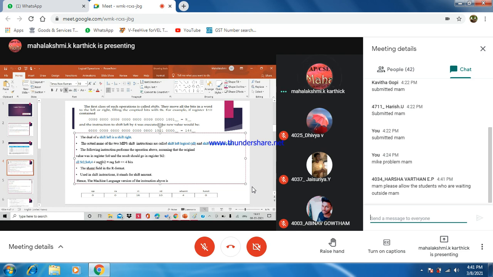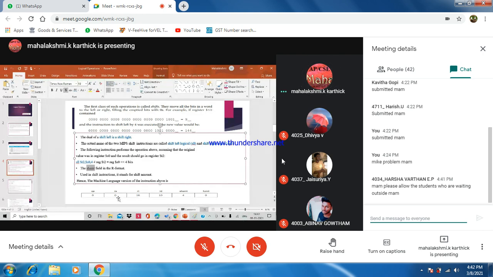So we are learning about the shift logical operations. So you all know R format consists of the shift amount field. So whenever you have an assembly language instruction, now we have to place it into its instruction format. Where the shift amount is mentioned, R format only supports this type of shift logical operations, shift left or shift right. The opcode default value for addition or shift is 0.